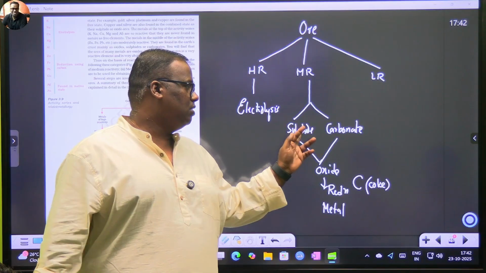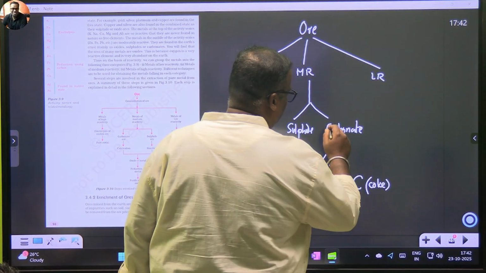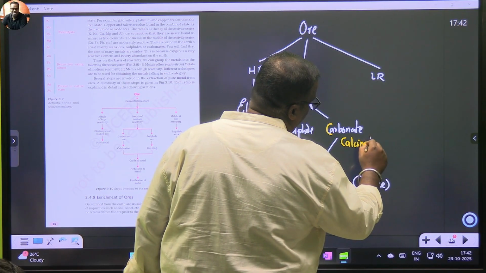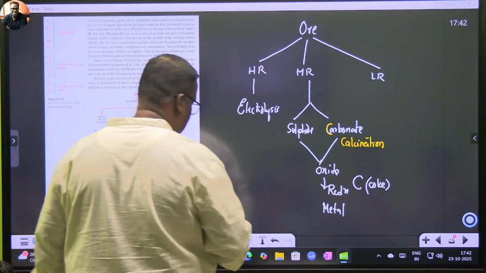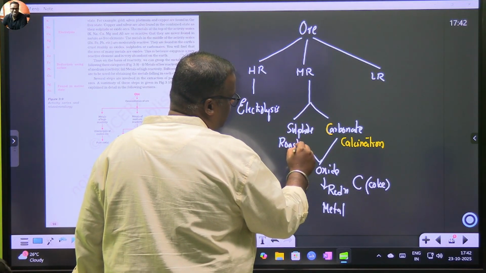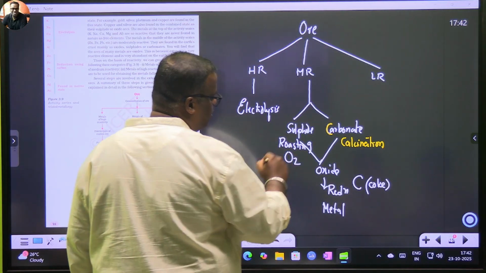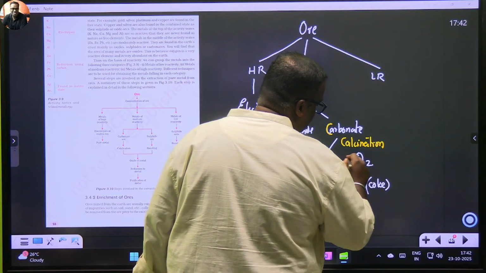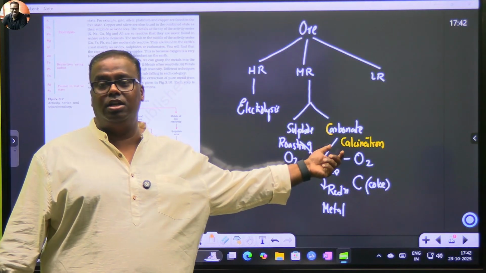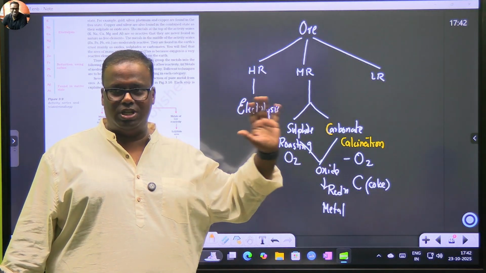Now comes this stage. If you get a sulfide or a carbonate, I always say you need some techniques to remember. Carbonate comes with C. So here we will do calcination, again with the letter C. And the other one, what we will do is known as roasting. Roasting is like making chicken roast at home, and our kitchen has a lot of oxygen. So roasting is always in the presence of oxygen. Calcination is in the absence of oxygen. This is how you remember. Carbonate C undergoes calcination. Therefore, these two processes you have to know, roasting and calcination.